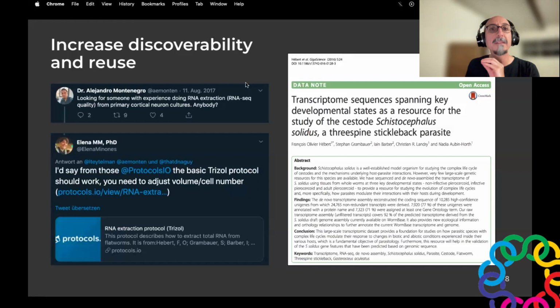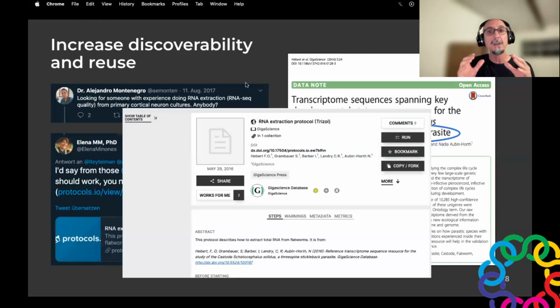But the paper is about a fish parasite. So the chances of researchers working on primary cortical neurons in culture finding a paper on a fish parasite as a means of finding a method that will work for them seemed really slim. But because the protocol was published independently in a specialized repository, it made the method more discoverable and increased the chances of people reusing it.